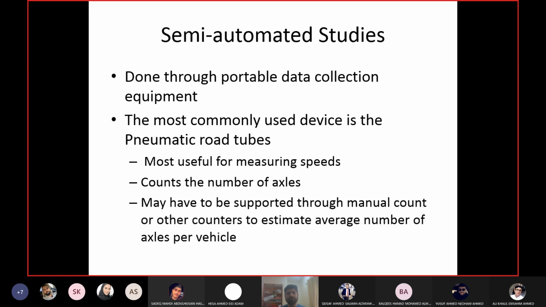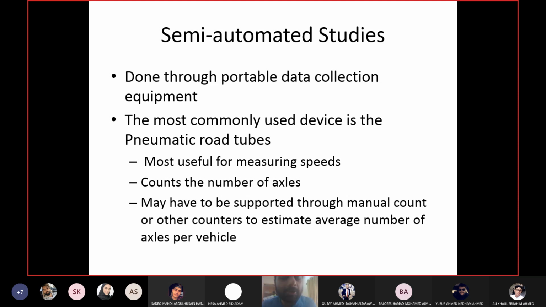Portable means something which you can carry easily in your hand, like your mobile phone, laptop, calculators. These things are portable. So there are portable traffic equipments available as well. You are not required to collect the data, but you are required to place the equipment for collection of the data. Once you place the equipment, you can go back to the office or to your home. Then you can come back once your study period is finished. So you are required to just carry the equipment before and after the study.